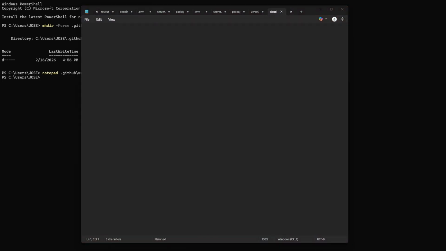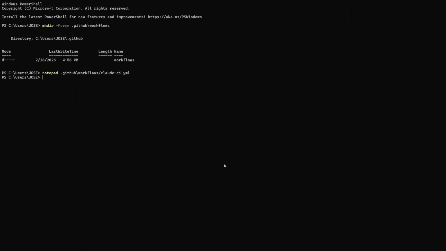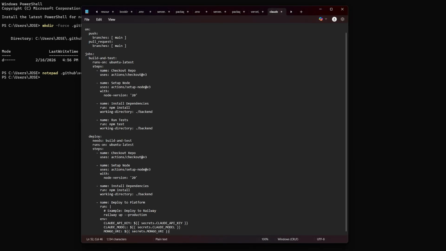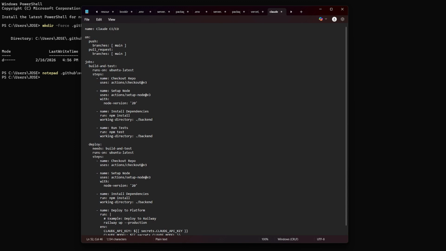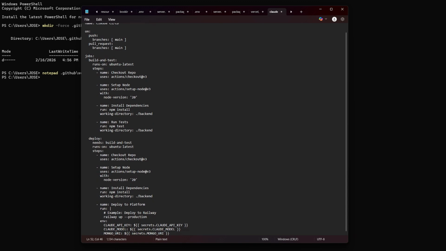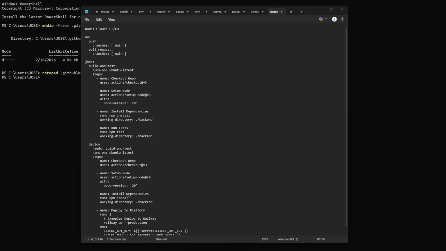Paste the provided YAML configuration into the open file. This configuration includes the workflow name, Claude CI/CD, triggers for push and pull request events on the main branch, and defines the jobs for building, testing, and deploying your application. Each job specifies the steps, such as checking out the repository, setting up Node.js, installing dependencies, running tests, and deploying